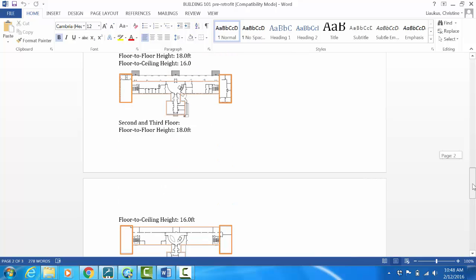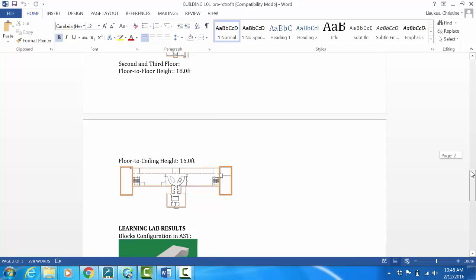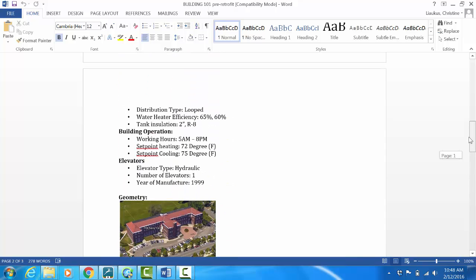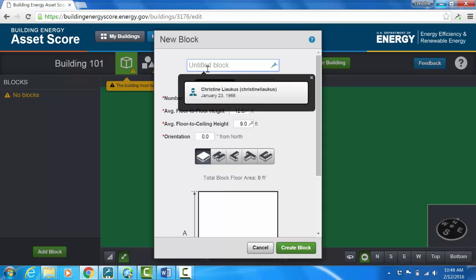If you have drawings of your building, that's great. If you just need to do a walkthrough for a quick takeoff on dimensions, that's fine. It doesn't need to be down to the inch, but it needs to be an educated guess. If you know your total area, you can back out your block areas. Okay, so I'm going to start with what I'm going to call our